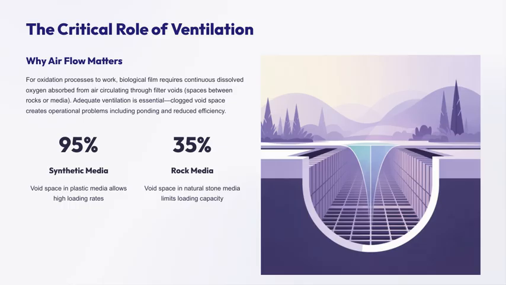This large void space allows for high loading rates, meaning it can handle more biological activity without choking. On the other hand, natural stone media like rocks has a smaller void space, around 35%. This limits the loading capacity, so it's less efficient in terms of biological film growth and oxygen transfer. So, ensuring adequate ventilation and understanding these differences in media are key to maintaining optimal system performance and avoiding issues